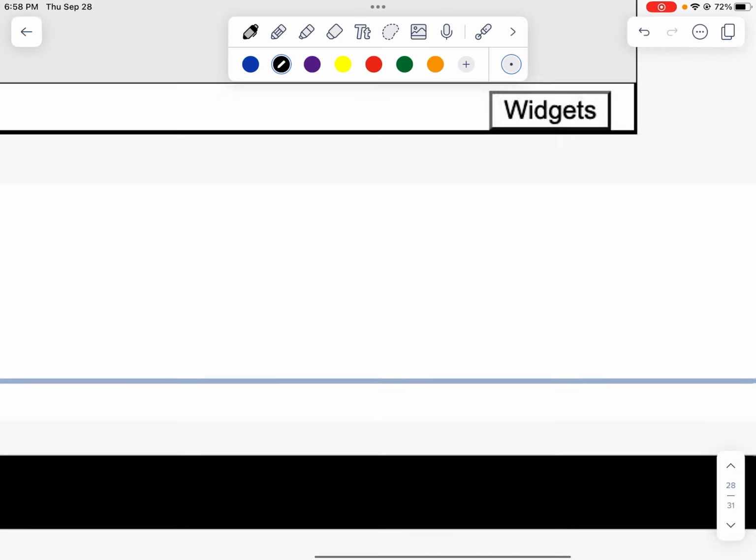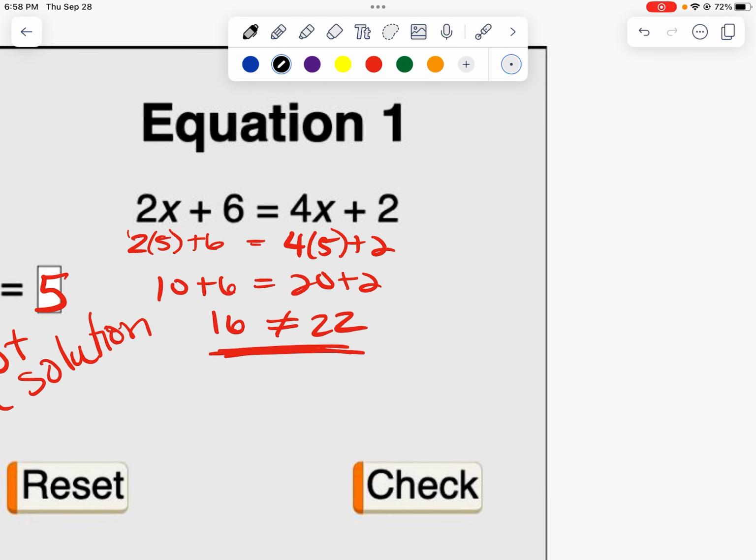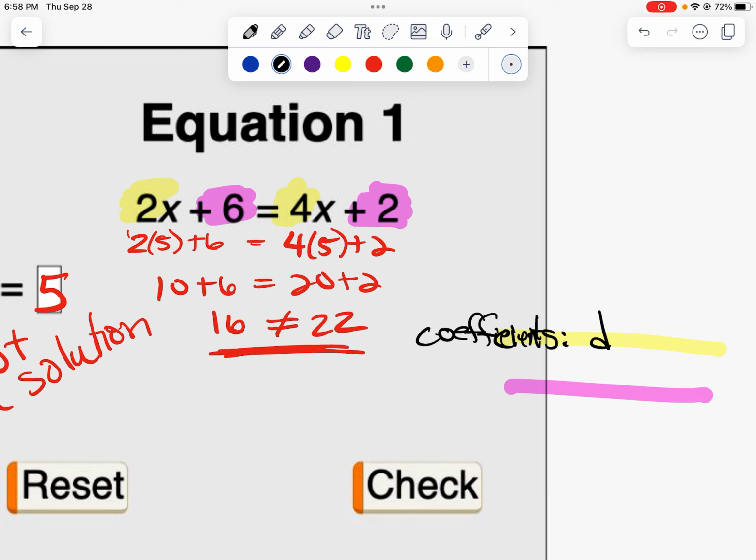Now let's go back up here. We didn't do that with equation number 1. So let's look at equation number 1. If I'm looking at my constants and I'm looking at my coefficients, they are different. Look at my constants. They are different. And this one right here,